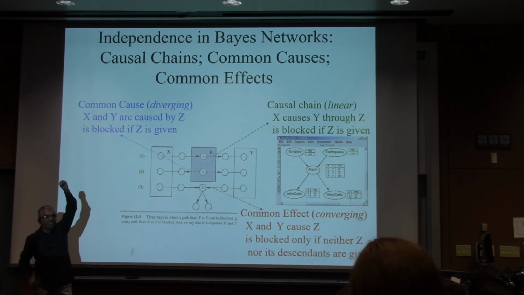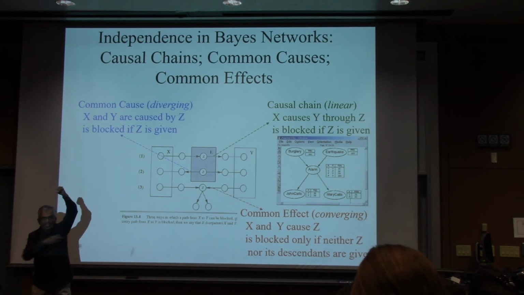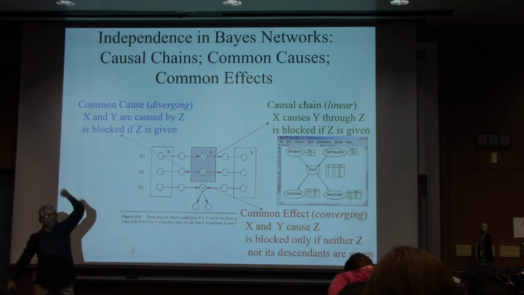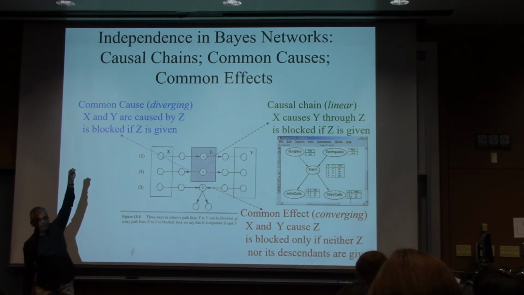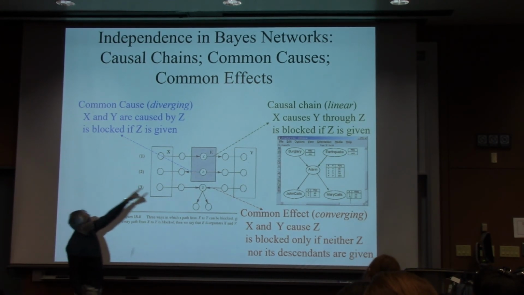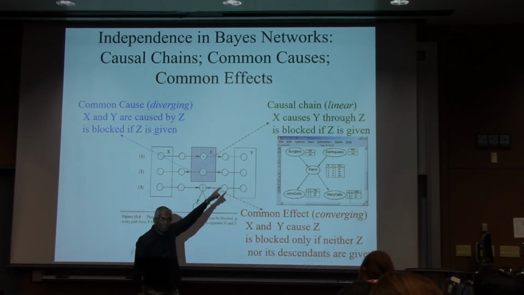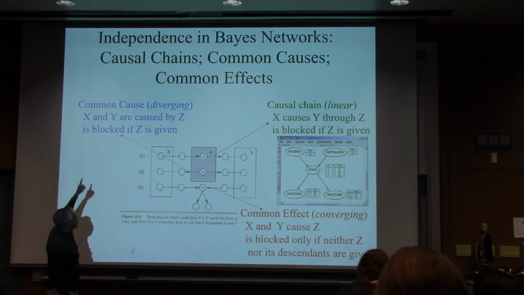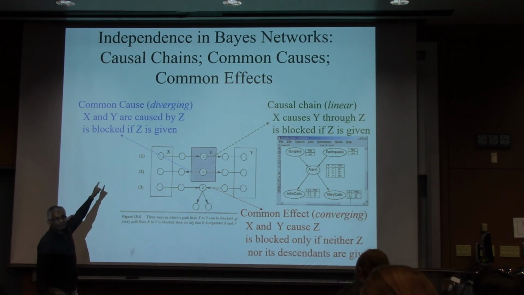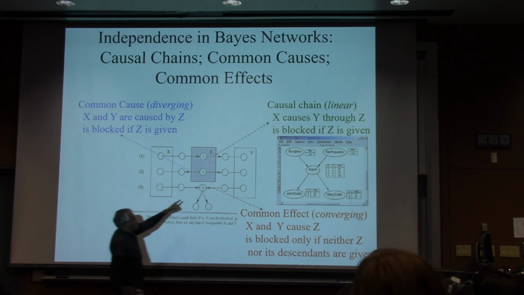So that is like, if C causes A and B, if you give C, A is independent of B. If B is causing C, C is causing A, if you give C, B is independent of A. Those two are essentially, causal chain can be blocked by given evidence, and common cause also can be blocked by giving evidence. There is one other thing,